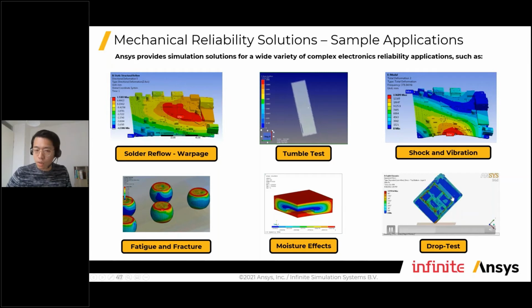And that's actually the value that the simulation, and especially in this case, we are using explicit simulation, is able to give us, and then tell us how we can move further to our design for reliability. And if you are doing packages, then there's moisture effects that you can also take into account, thinking about the moisture going to diffuse into your packages and how it will swell your structure as well.